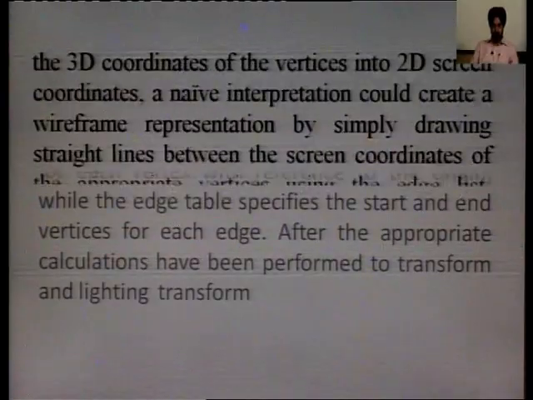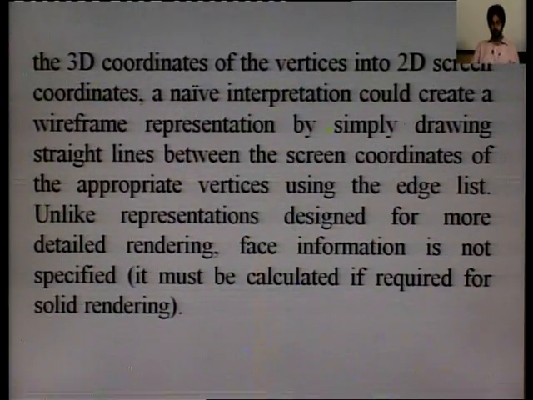In the following slide you can clearly see the 3D coordinates of the vertices converted into 2D screen coordinates. A naive interpretation could create a wireframe representation by simply drawing straight lines between the screen coordinates of the appropriate vertices using the edge list. Unlike representations designed for more detailed rendering, face information is not specified; it must be calculated if required for solid